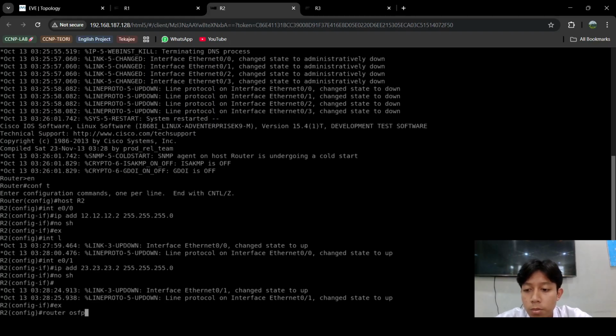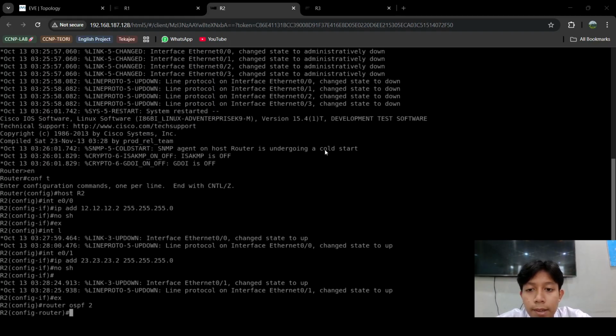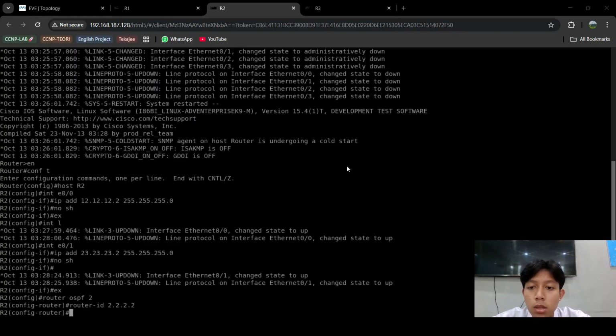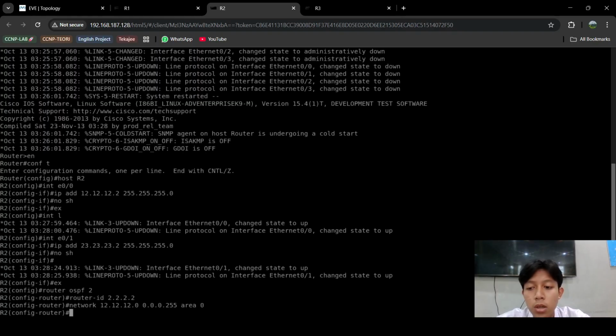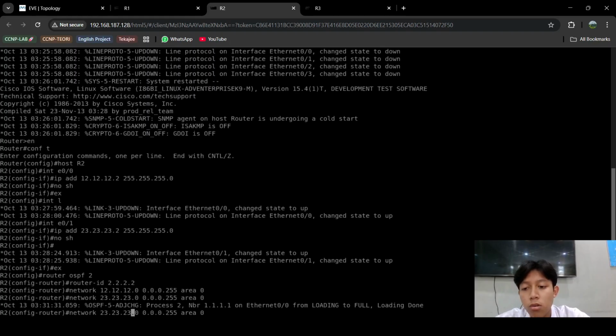You can type router OSPF 2, and set the router ID 2.2.2.2, and add the network 12.12.12.0, and the wildcard mask is the same, and the area is area 0, or area backbone. In this configuration we will use the area backbone, and don't forget to add the 23.0 networks also to the OSPF.